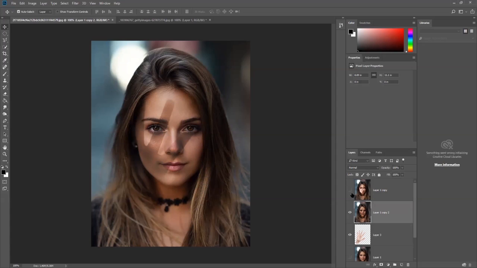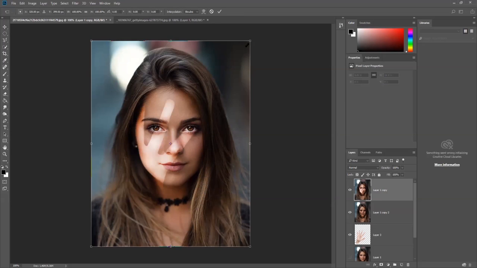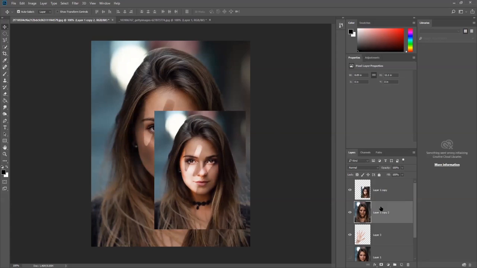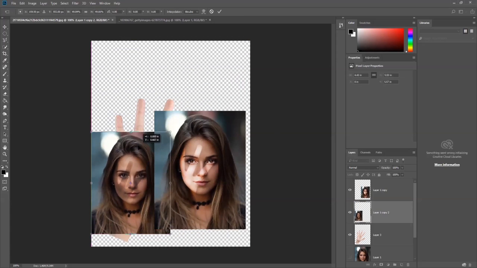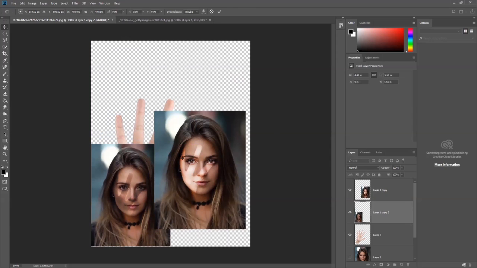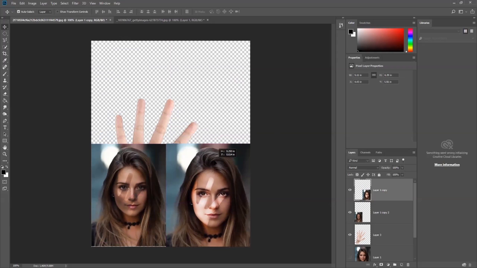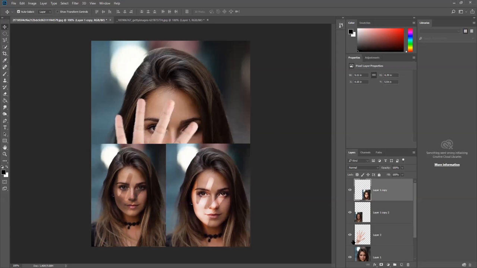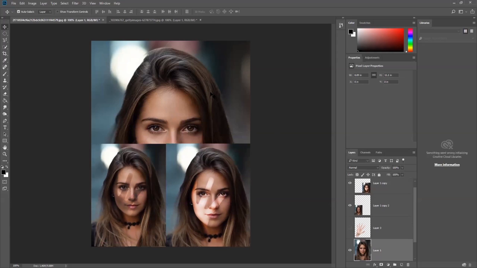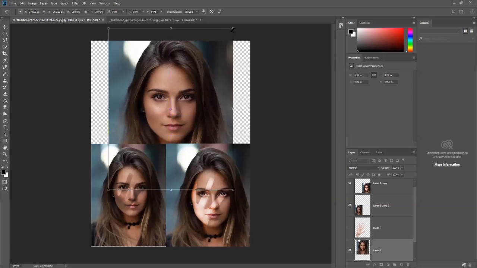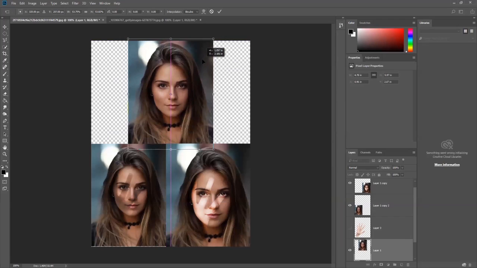If you can see the difference here, I can just make it a bit smaller, and I can also scale this one down. Okay, so that's exactly what I wanted. If you can see this here, it's the original image that we had. So using this original image,